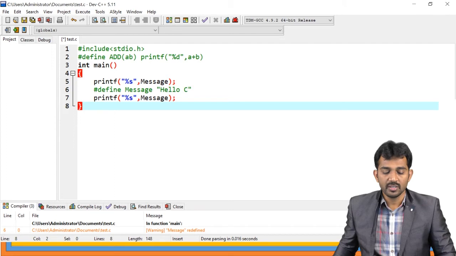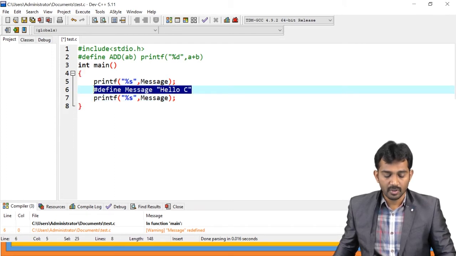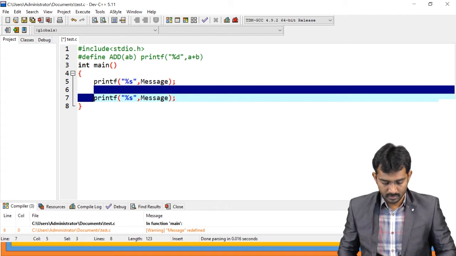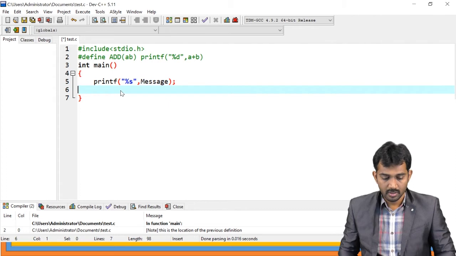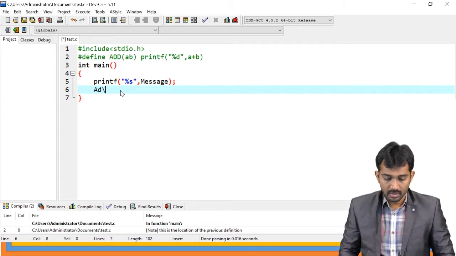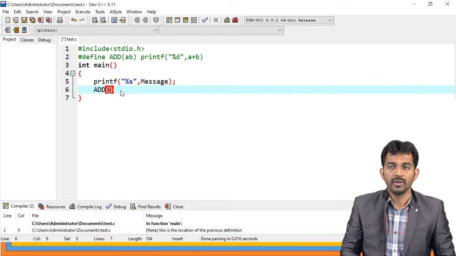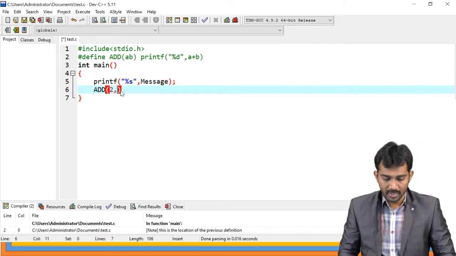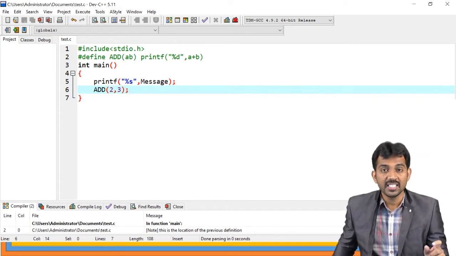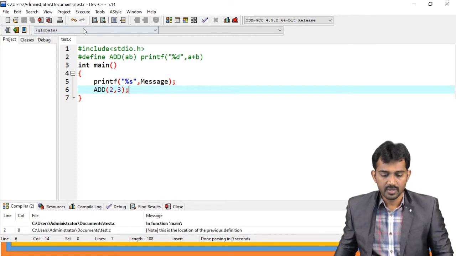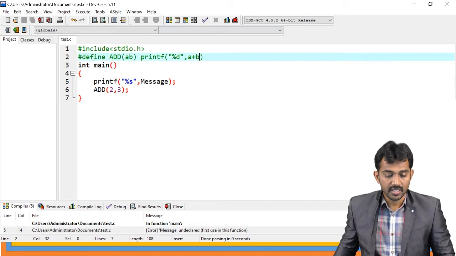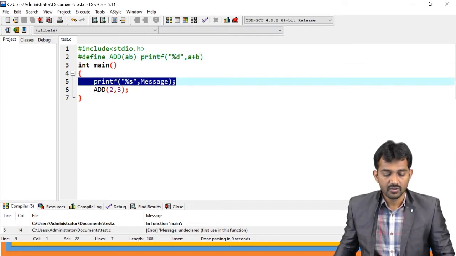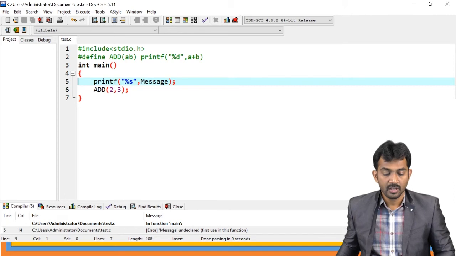If you call this, if you perform addition of 2 comma 3 here, add, we don't have an add function, but add is a preprocessor function. If you run this code, what does it return? Message is undeclared. Yes, I deleted message, right? That is why it is going to generate an error.